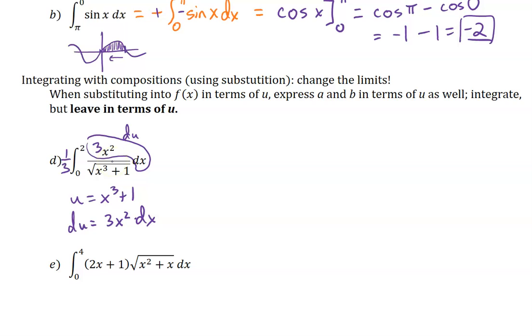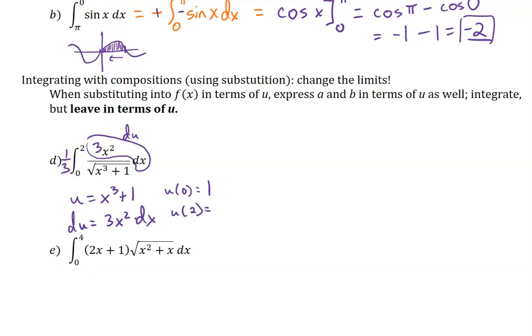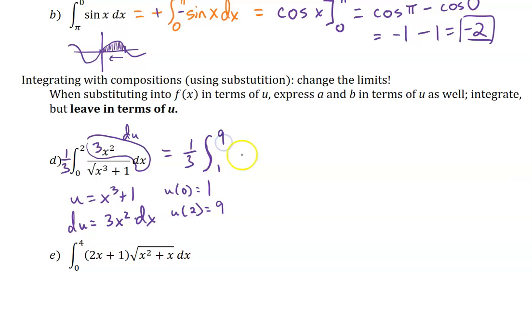Now, we need to change the limits as well. So we are going to take 0 and 2 and plug them into our function or our expression u. So u of 0 is 0 cubed plus 1. So this limit is going to become a 1. And then u of 2 is 8 plus 1, so 9. Okay, so this becomes 1/3 times the integral from 1 to 9 of u to the negative,